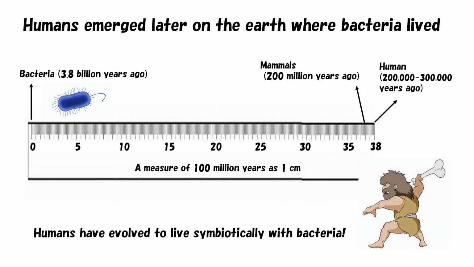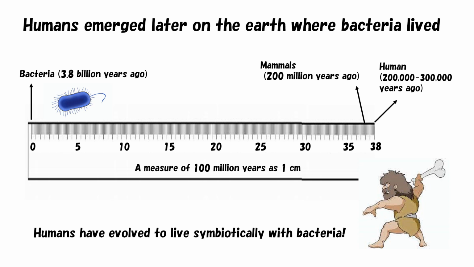Bacteria appeared on the Earth 3.8 billion years ago. This is a 38 centimeter ruler, with 1 centimeter representing 100 million years, and bacteria appear at the 0 position. Mammals appeared 200 million years ago, which is 2 centimeters from the right in the above figure. So-called mankind appeared 200,000 to 300,000 years ago, which is not more than 1 millimeter from the edge